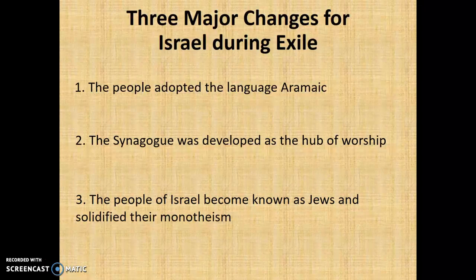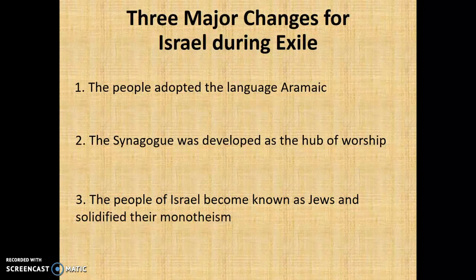Another thing that happened was that because there was no temple, the temple had been destroyed, of course, by the Babylonians, the synagogue began to develop as the hub of worship for Jews. These were local congregations of people that came together to read scripture, to pray together, to be the people of God together. So the synagogue developed during the time of exile, and it was the major place for worship during the first century when Jesus was going around and teaching. People did still go to the temple for holidays and things like that, but most everybody would go to the synagogue on a daily or weekly basis for their worship.